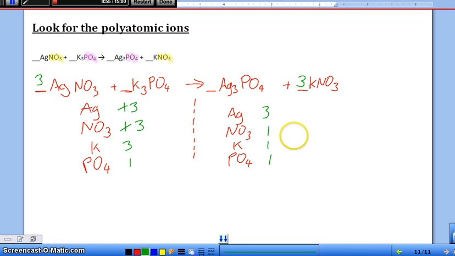Now we count again. So now how many potassiums do we have? We had 1. We've now got 3 times as many, so we've got 3 potassiums and 3 NO3s. So now it's balanced. Before you go off and do your own,